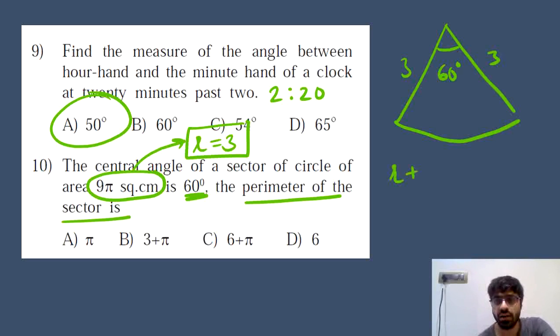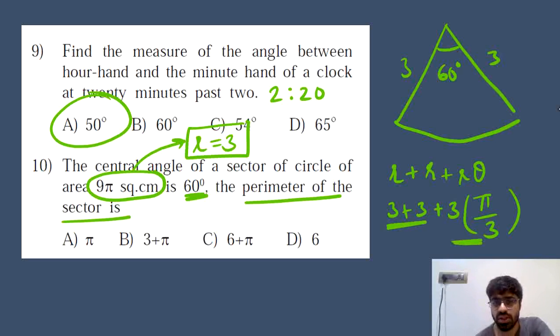Perimeter of the sector is R plus this part which is r theta, that is length of arc. The radius being 3, r theta would be 3 into theta. Theta means 60 degrees. But when I am using the formula for length of an arc as r theta, I have to write theta in radians. 60 degrees in radians would be 60 into pi upon 180, that is pi by 3 radians. So I finally have the length of arc pi, and the total perimeter as 3 plus 3, which is 6, plus pi. So that is making option C the right answer for the 10th question.